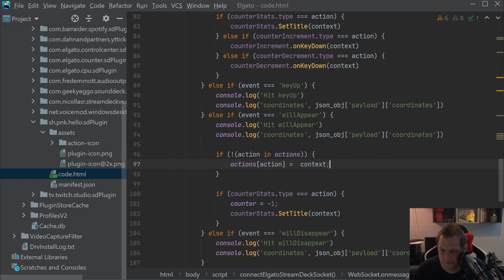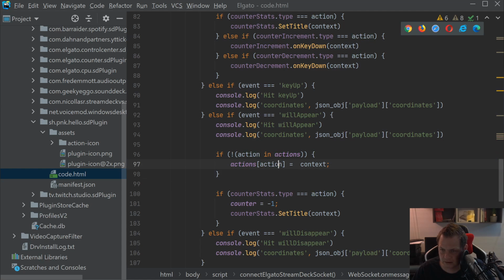And I know if you build a larger application with multiple buttons, this technique here probably won't work if you have different buttons you want to change based on key down and key up and something like that. But for now, in this example, this will definitely work. So let's do this,